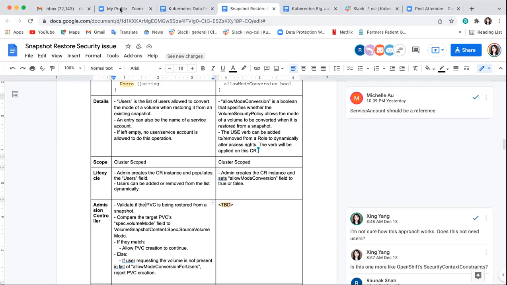So I'm still trying to understand the attack vector. But they're admin. They're like admin, so they can do anything. Right. So I'm still trying to understand this. Is this a hypothetical problem, or can this actually happen in practice? Well, backup vendor can do anything, to be honest with you. So we are not preventing the backup vendor. This is basically for a regular user.